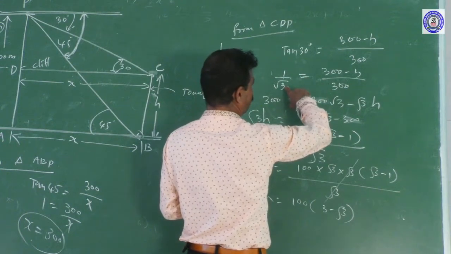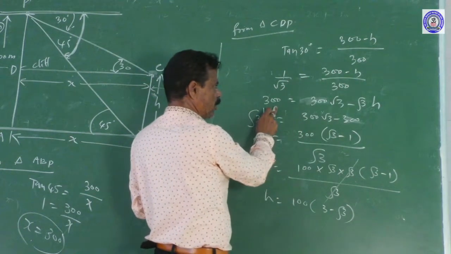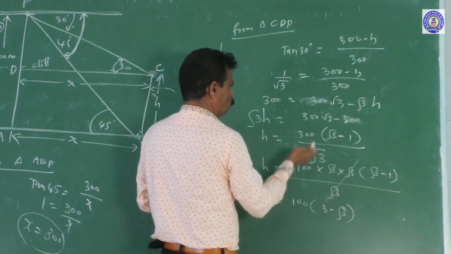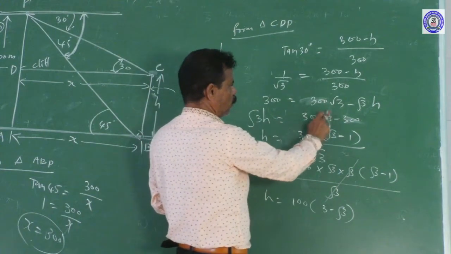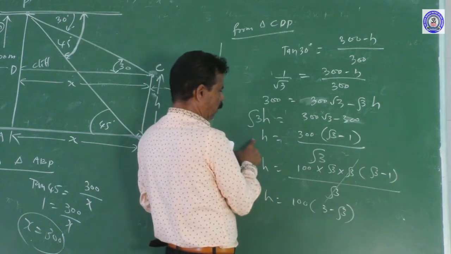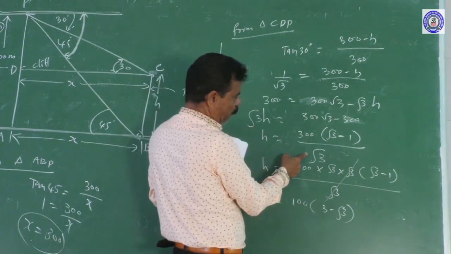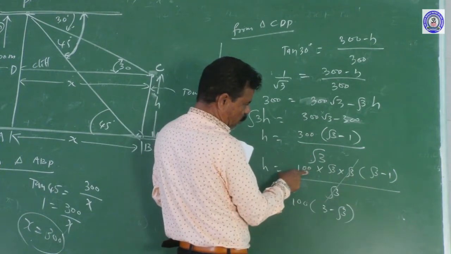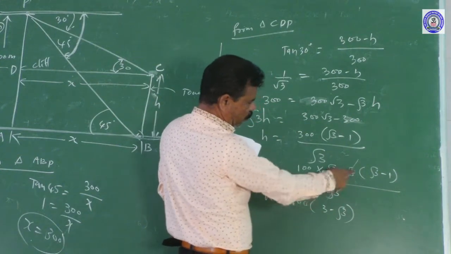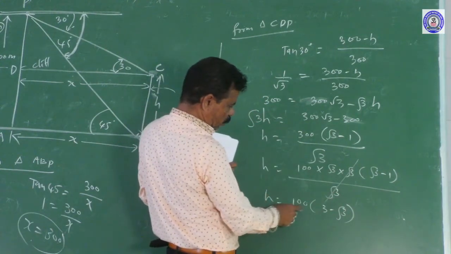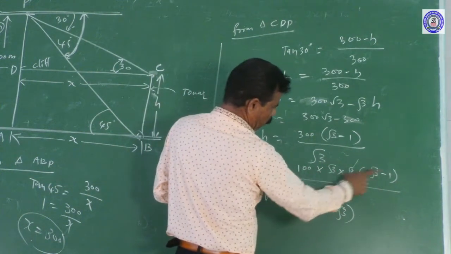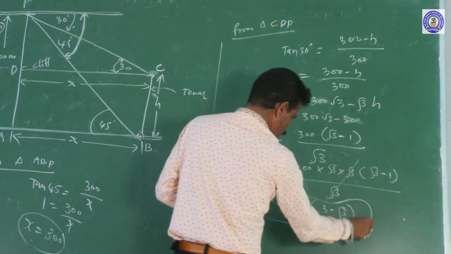So 1 by root 3, tan 30 value, on cross multiplication 300 is equal to root 3 into 300, root 3 into h. So root 3h taken to the left side, 300 root 3, this is minus 300, here 300 common, root 3 minus 1 coming, here h, this root 3 sent to the right side by root 3. So this 300 is written as 100 into root 3, again root 3 minus 1, denominator root 3, this root 3 cancelled. Finally h is equal to 100 into 3 minus root 3, root 3 3, and root 3 into 1, root 3. This is the right answer.